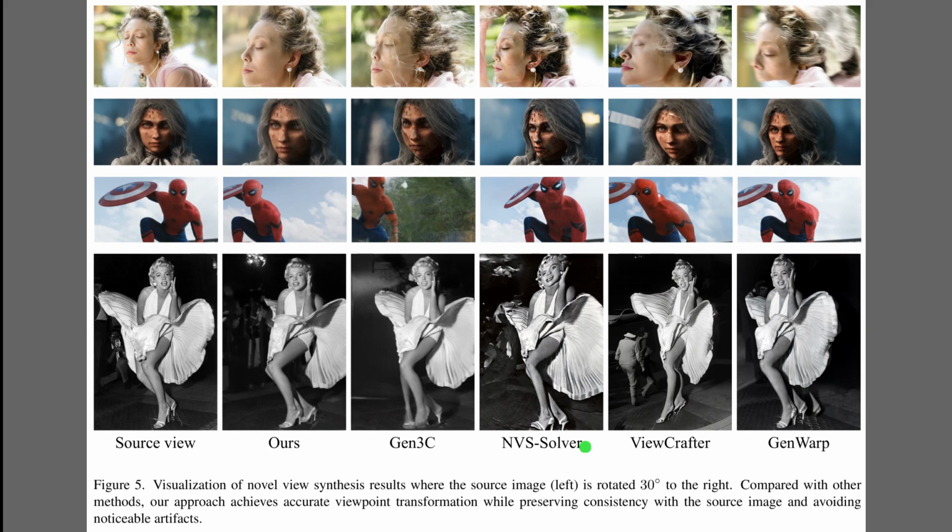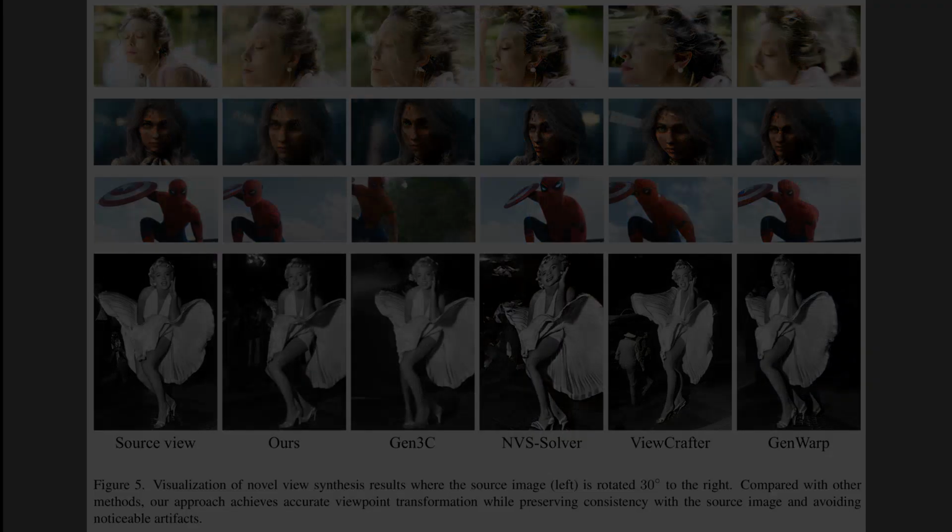Figure 5 presents qualitative novel view synthesis for a 30 degrees right rotation, comparing 6 methods side by side. The leftmost column shows the source view, and the second column shows our result, which preserves identity and geometry while matching the target pose. Competing columns exhibit clear issues, such as white streaks, depth warps, and oversmoothed faces, which betray weaker spatial control because depth and subpatch detail are not consistently handled.